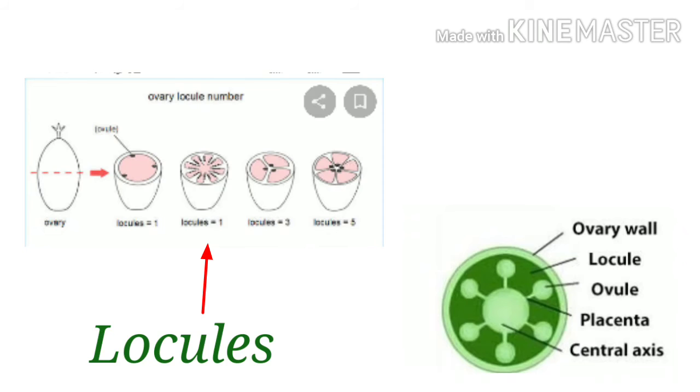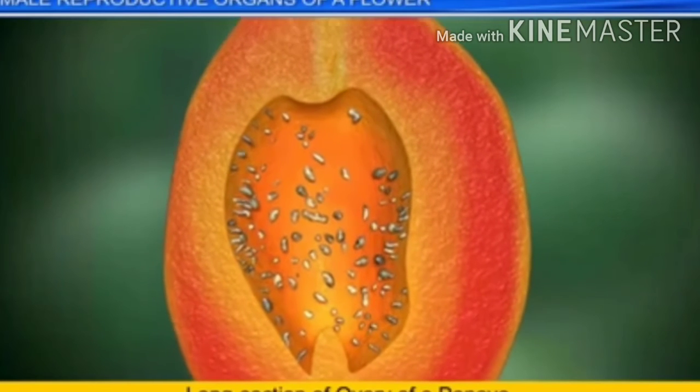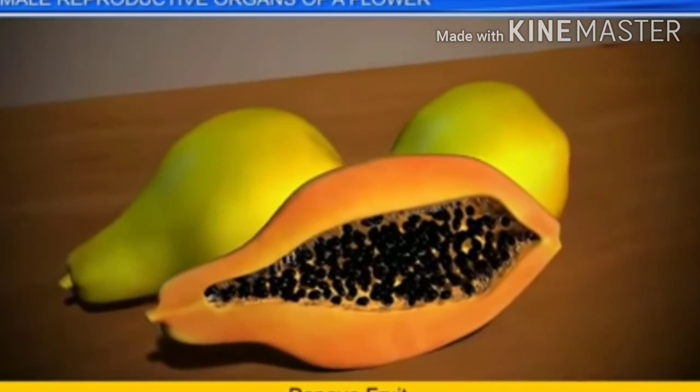Inside the ovary is the ovarian cavity, that is the locule. Locule means the chambers within the ovary. So it is clear from the picture. Placenta is located inside this ovarian cavity. Different flowers of different plants have varying numbers of ovules. That is, the number of ovules in an ovary may be one, like wheat, paddy, mango, pear, etc., to many, like papaya, watermelon, orchids, etc. So, the number of ovules in the ovary differs.